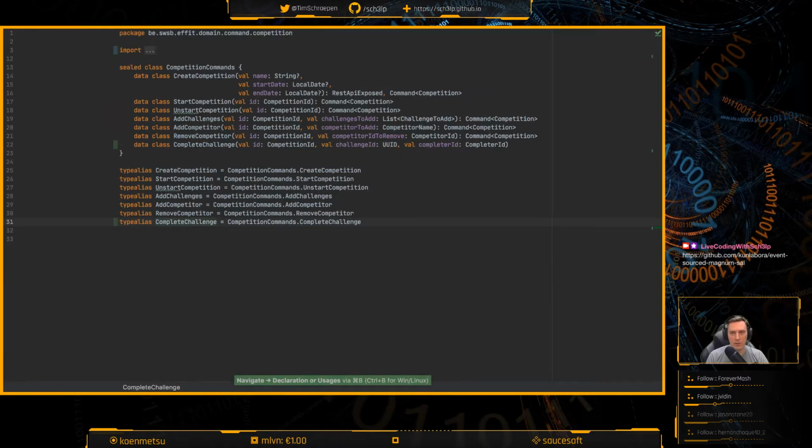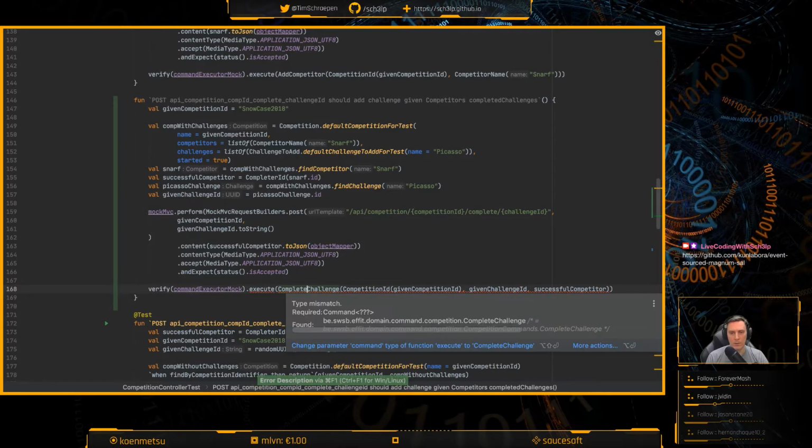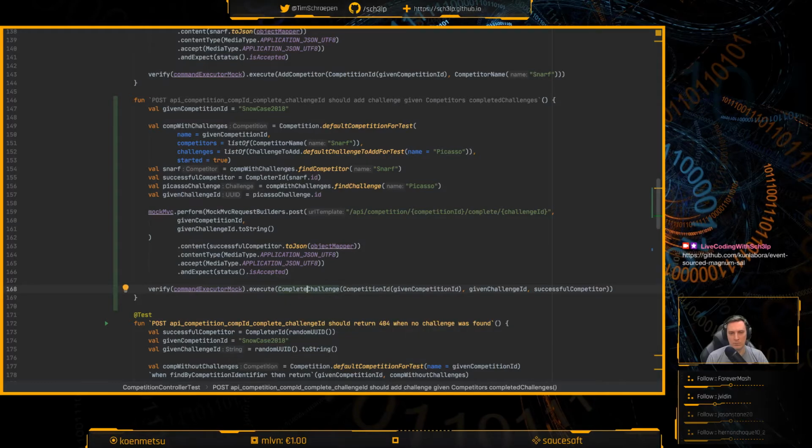Complete challenge. I didn't tell Kotlin that it's in fact a command that deals with competitions. Now it should compile though. There we go.